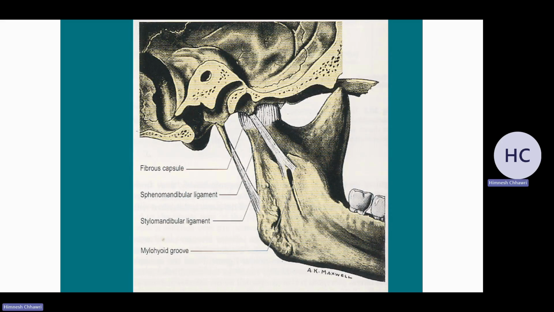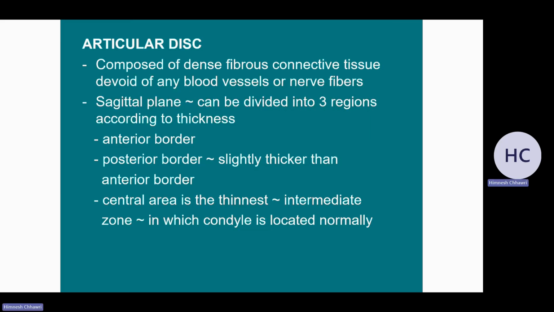The stylomandibular ligament runs from the styloid process to the ramus of the mandible, and the sphenomandibular ligament runs from the spine of the sphenoid bone to the mandible. The articular disc: the TMJ is special in the way that it has an articular disc. The articular disc is thick fibrous connective tissue,